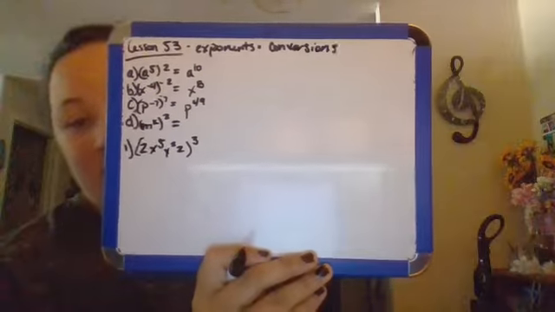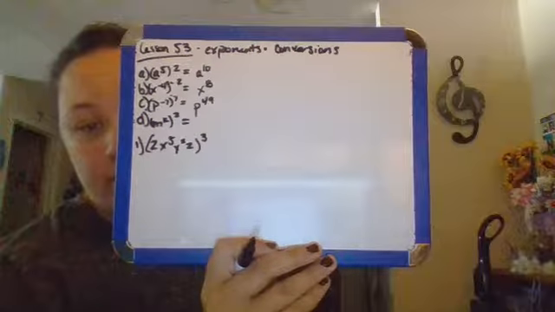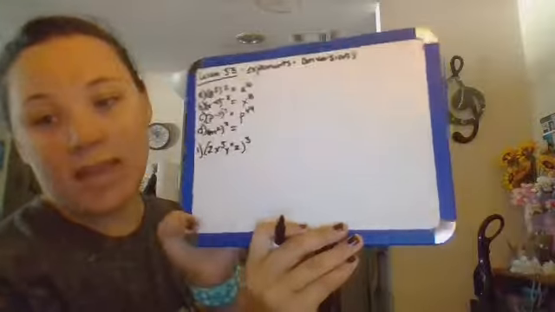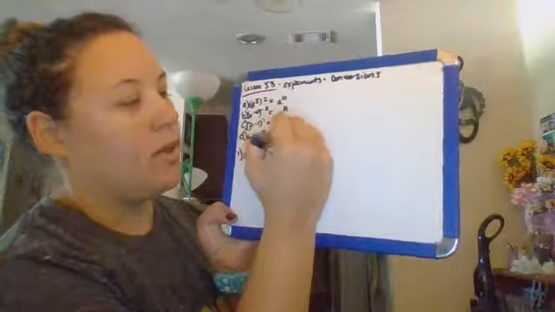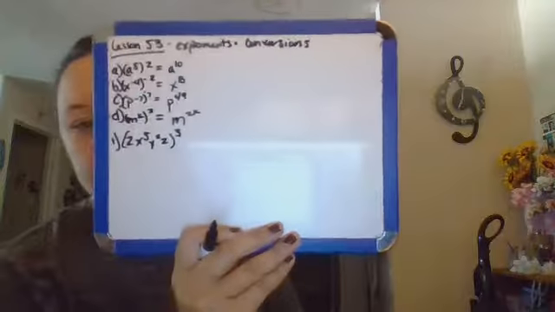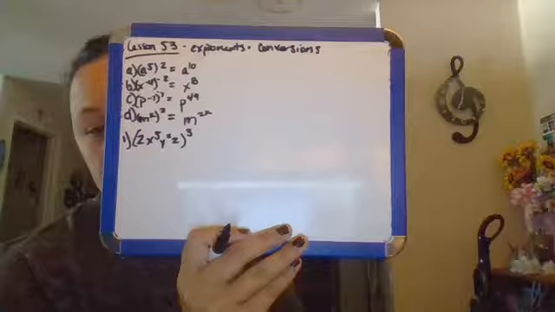And then our last one is m raised to the power of k, all squared. Since k is not a number, it's just going to be m raised to the power of 2k. And those are some basic ones. So now we're going to do